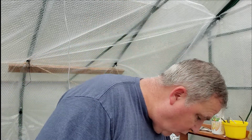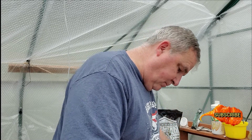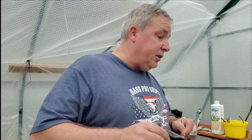So I go 1, 2, and I'm going to actually use this along with my nutrients. There's one thing that I've found out when using Nectar for the Gods. A lot of people will say, well, when it gets really hot, I get a lot of flower drop, I get a lot of things like that going on. When you use a calcium-based nutrient like Nectar for the Gods is, the calcium helps give you